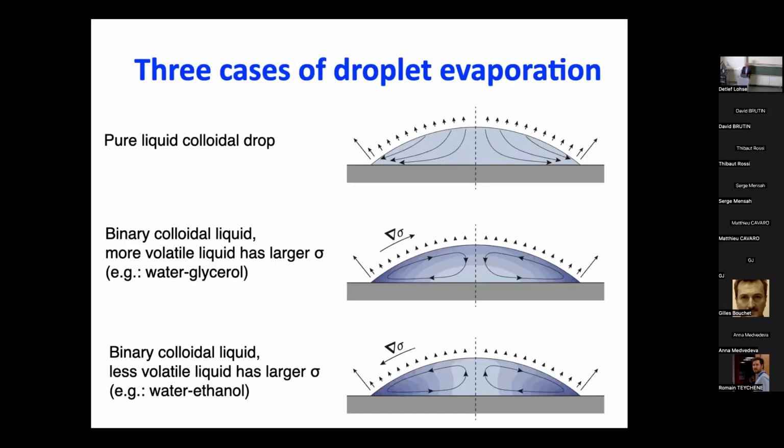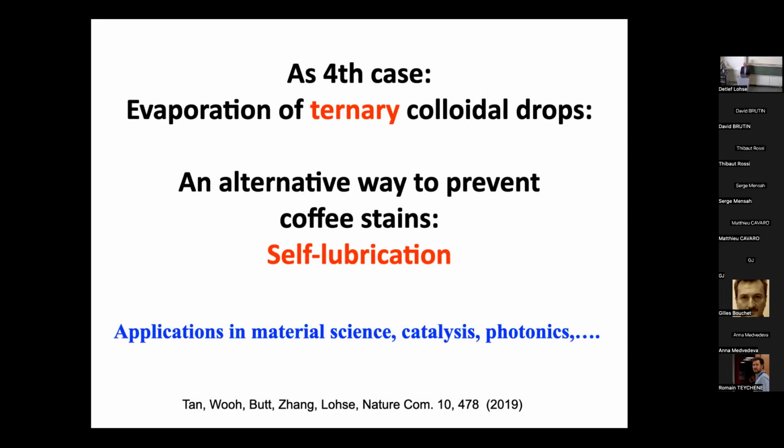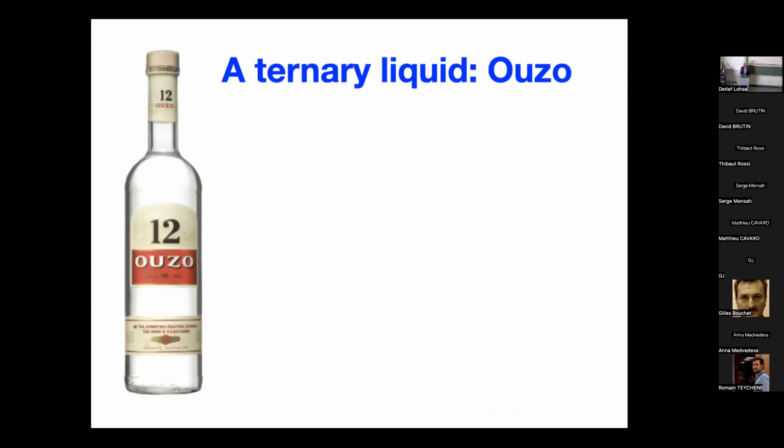So we have now these three cases of droplet evaporation: pure liquid droplet; binary colloidal liquid droplet, where the more volatile liquid has a larger surface tension; and then binary colloidal liquid, where the less volatile liquid has a larger surface tension. Those three cases. But I would like to come to a fourth case, where we look into ternary colloidal droplets. And this is an alternative way to prevent the coffee stain, namely by self-lubrication. And various applications,